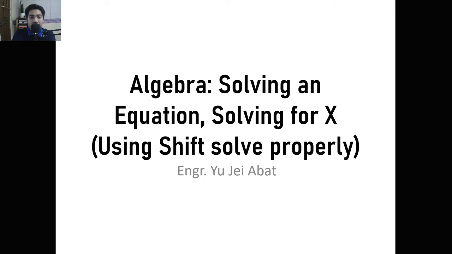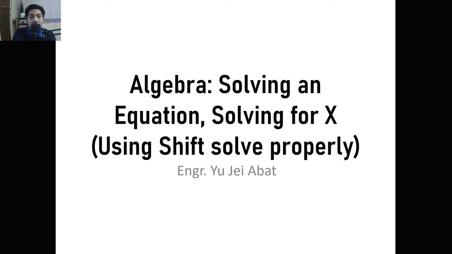use shift solve, of course, we must give the calculator a value of x that is on the choices. Because if we use shift solve, the calculator will be using an initial value of x to start. Okay? So if that value of x is really, really far from the answer, the calculator might give a value of x that is not actually what we are looking for. Okay, so it is a must that if you use shift solve, and of course we have choices,